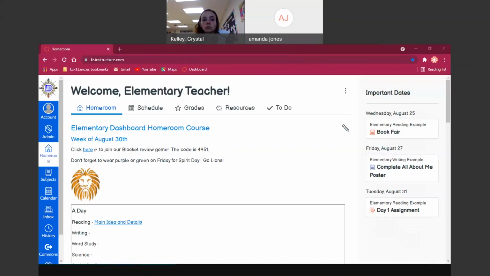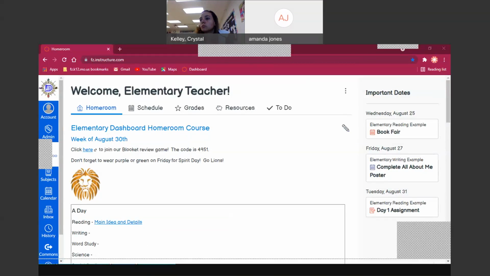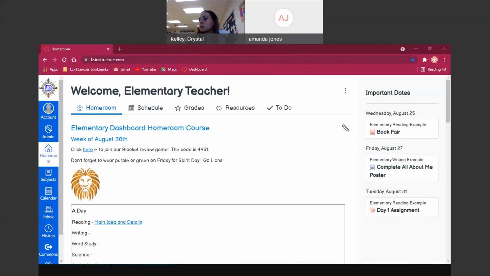And then really from there, I know Kaylee asked about the Bitmoji classroom. You decide if you just want it as a static image, where kids just see a picture of your Bitmoji classroom, or if you want it to be interactive where you're linking things. In my Bitmoji classroom, I have an assignment tab, a little assignment picture. When they click on that, it takes them to my module. So if that's something that you are wanting,